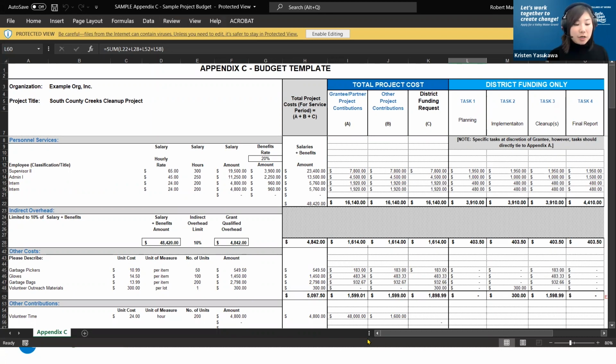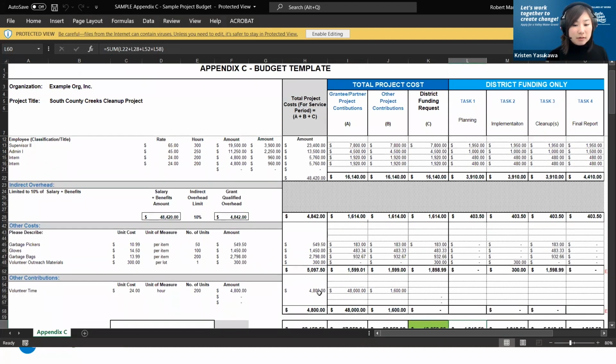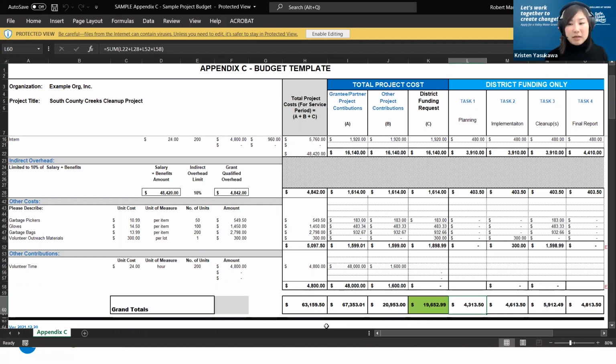And then in other contributions down below in the following section, that can be your in-kind contributions. So for example, any volunteer hours, and you can update the value cost, and it comes out and would be calculated along that row.